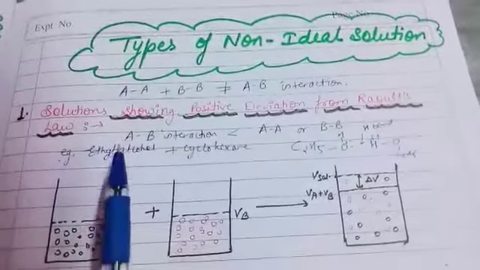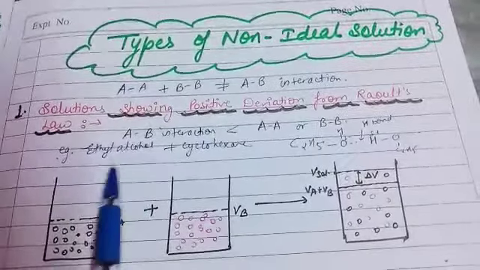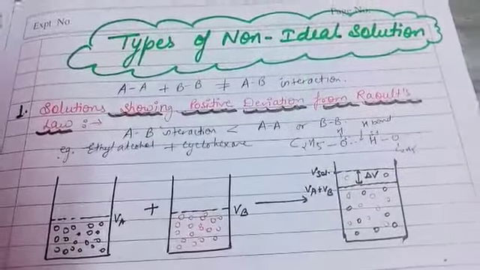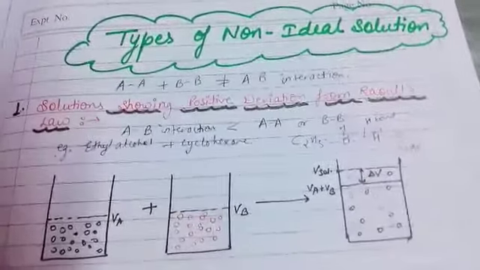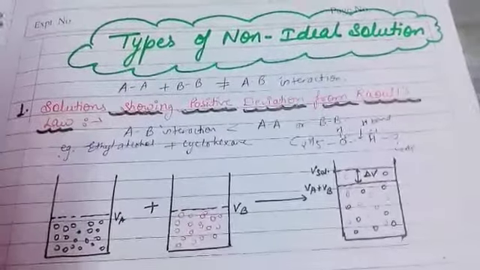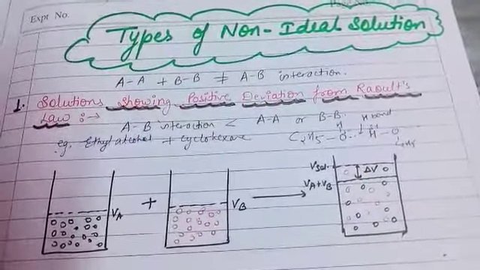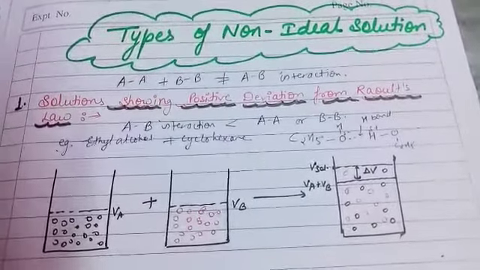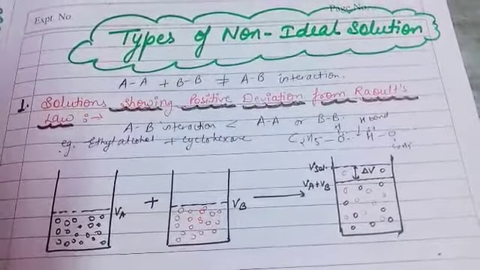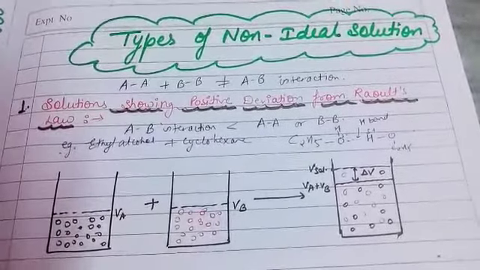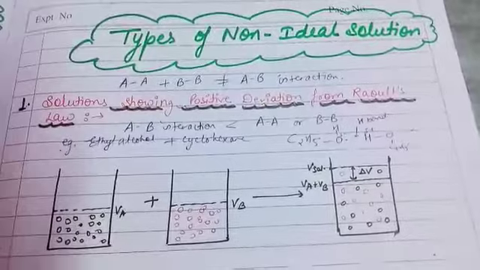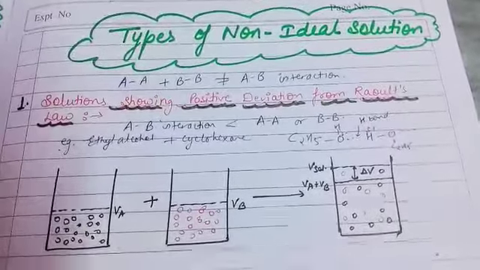Now just see, previously this one is stronger, but after mixing cyclohexane the force of attraction is weak. If the force of attraction is weak, more vapor pressure is formed in comparison to what is expected. That's why this type of solution, where the AB interaction is weaker, shows positive deviation from Raoult's law. They are not showing ideal behavior, so they are showing positive deviation.